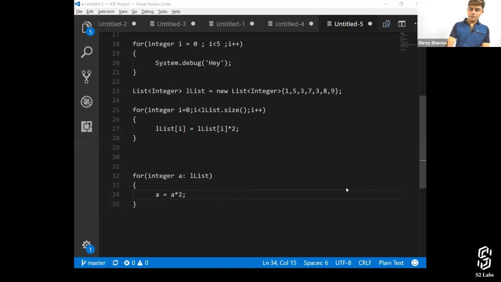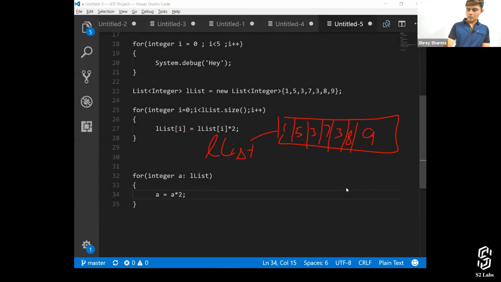With this for each loop, a list is created. There are values inside it. These are the values. So when you write this for each loop, the first value gets associated with A, then the execution happens and the value gets doubled.